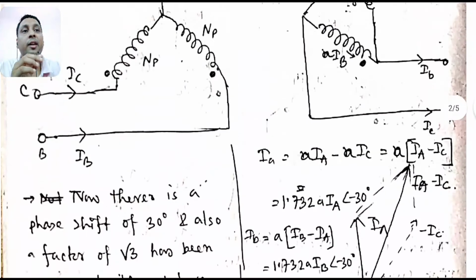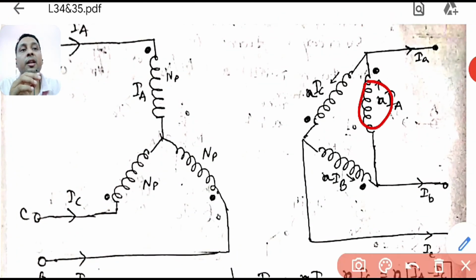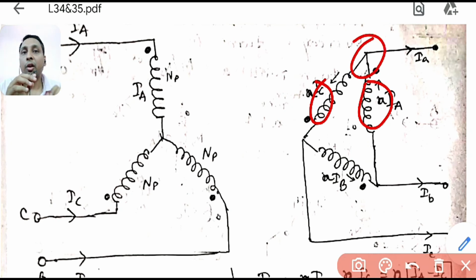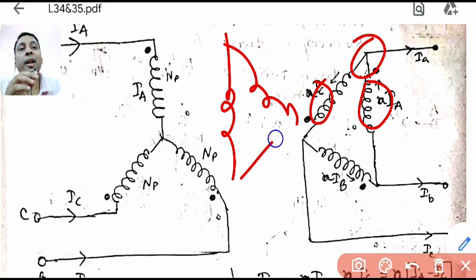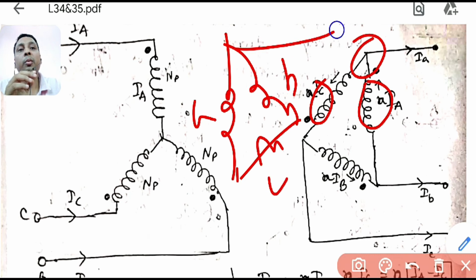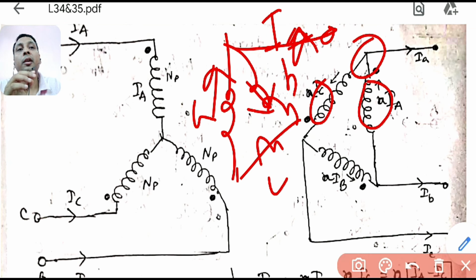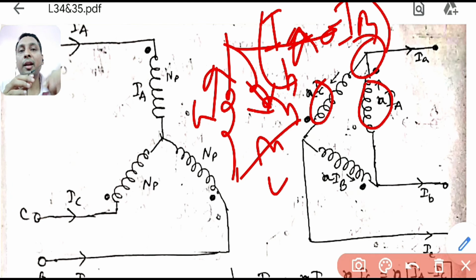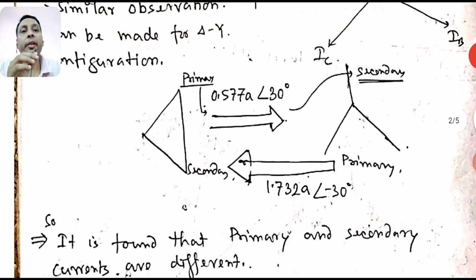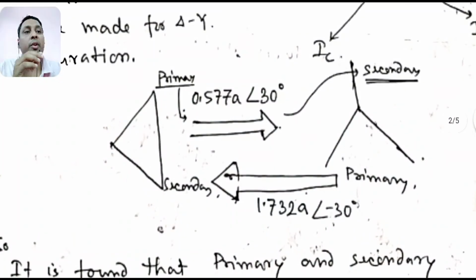Like the way I have checked here, you have to check here. Like the way I have checked here, you have taken KCL here. Got it? So in that case, if I consider suppose my delta is in this fashion, A, B, C, then what will be this current? It will be IA minus IB. In that case, my phase line current would have been leading the phase voltage. Not minus 30, it would have been plus 30 if delta is on this side. So it depends on the connections. The standard connection is this one, that's why I am showing this one.